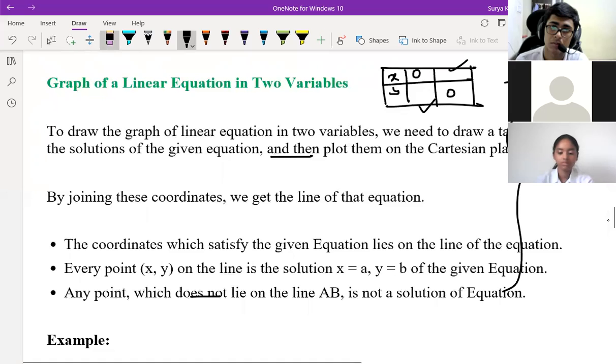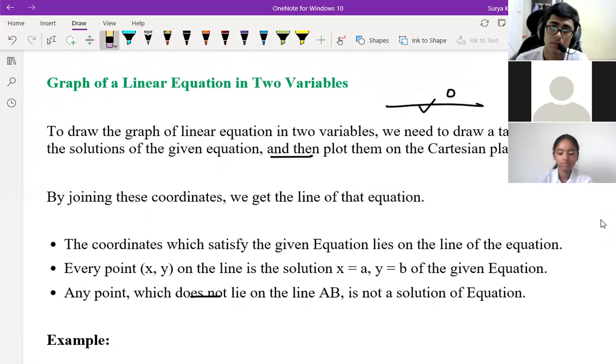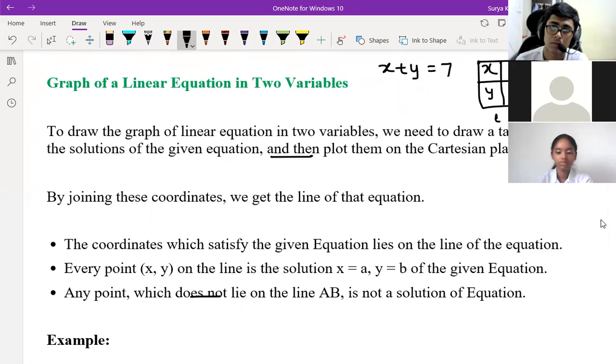If we are keeping x equal to 0, sir, like x plus y is equal to 7, sir. One minute. x plus y is equal to 7. Yes, sir. Here we are keeping x equal to 0, then y is equal to 7, sir. So then is it a point or a line, sir? This is a coordinate, no. 0, 7 is a point. See, if you put x equal to 0, y is equal to 7. So 0, 7 is a point, no. This is a coordinate, right?